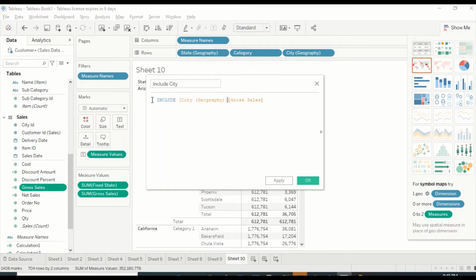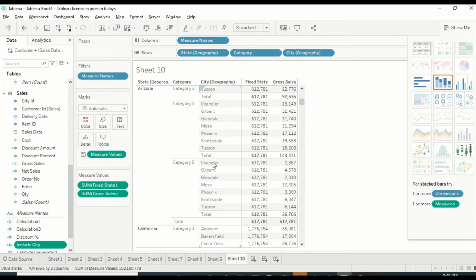City of geography, colon, and then we need an aggregated field or a measure, and then we click okay, and then the second one is this. Okay, now once I add it,